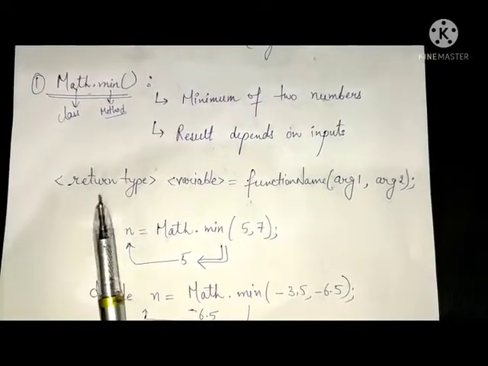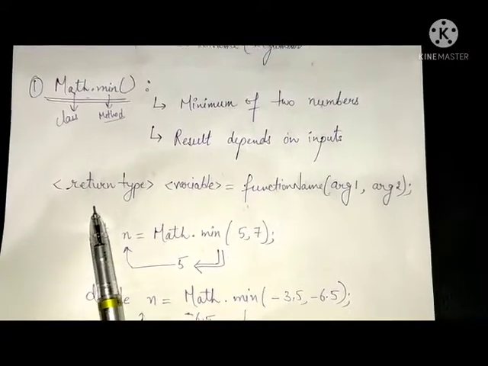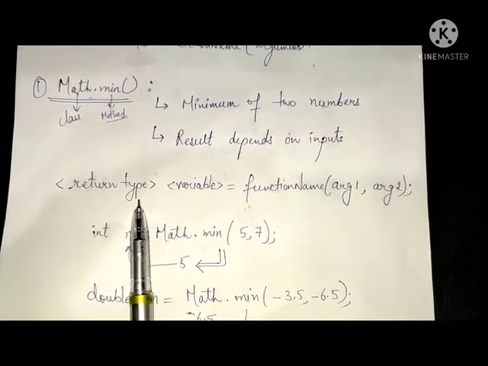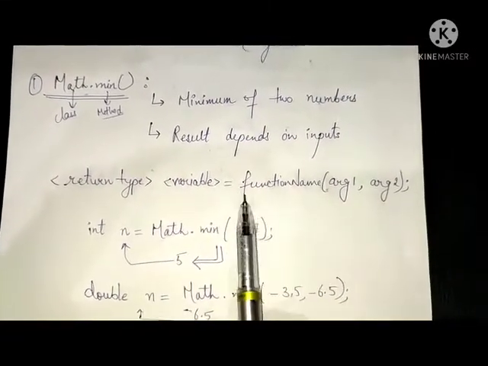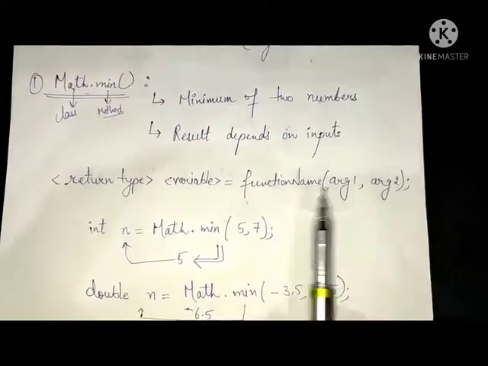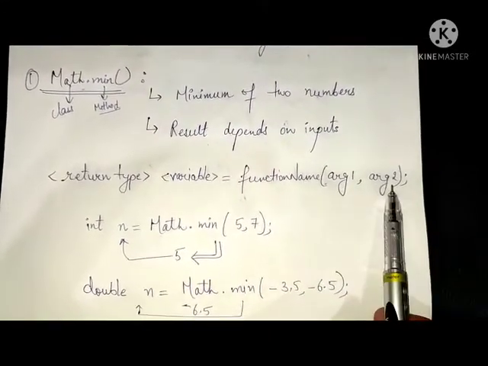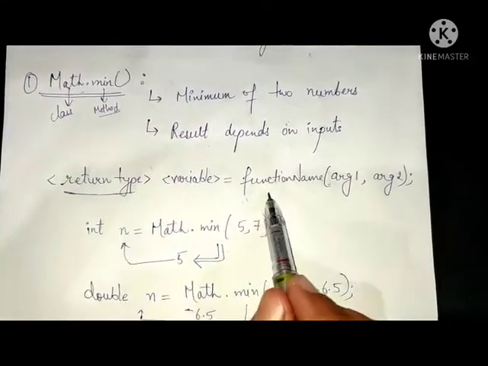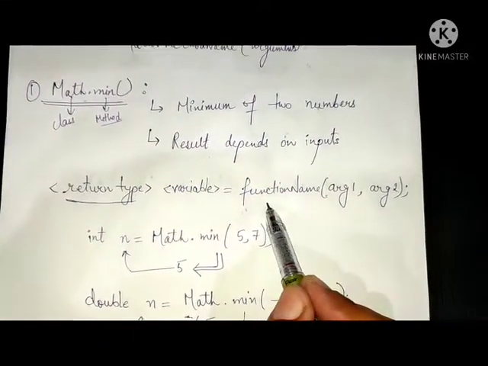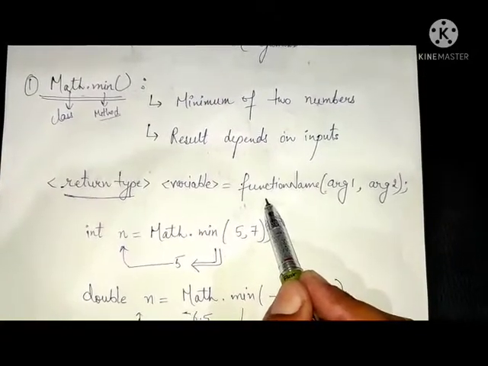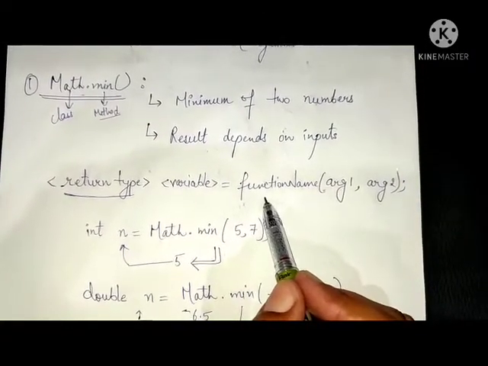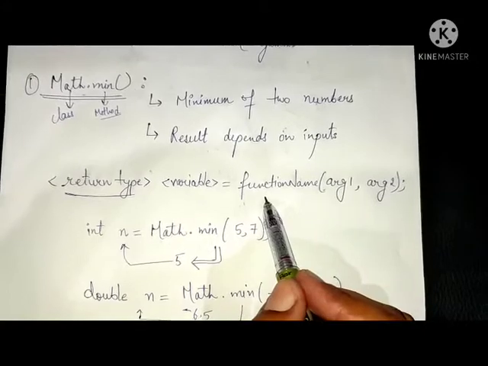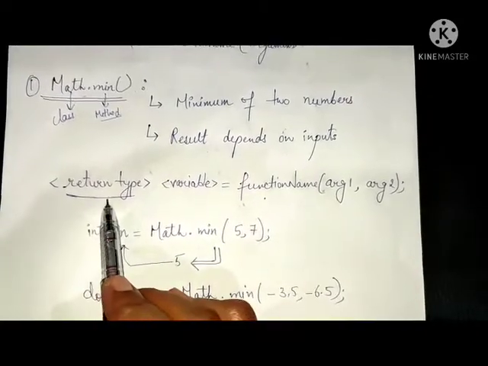What is the syntax to write this method? We have to write the return type of the method, variable name is equal to function name or method name, argument list. Here what is the return type? कोई भी फंक्शन, कोई भी मेथड आफ्टर कैलकुलेशन कोई न कोई रिजल्ट देगा, और जो रिजल्ट होगा वो किस टाइप का रिजल्ट वो हमें प्रोवाइड कर रहा है, that is called return type.